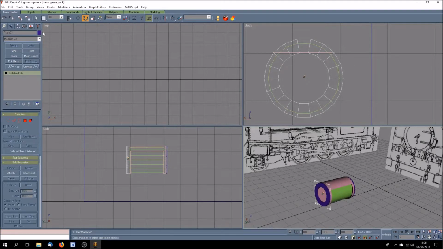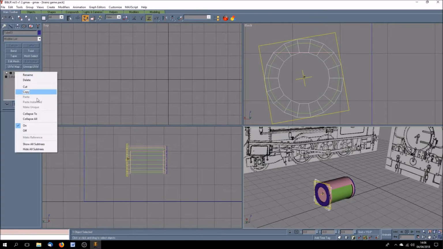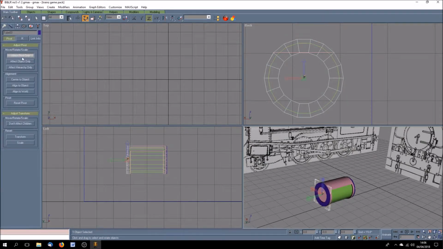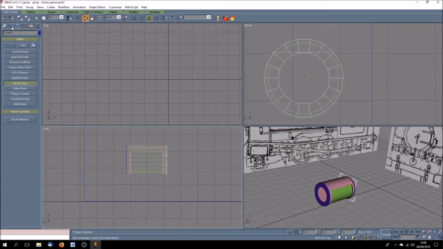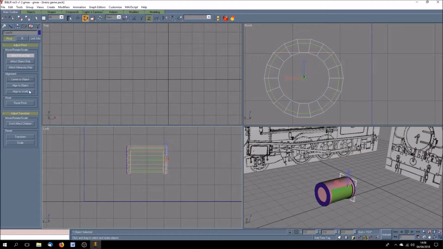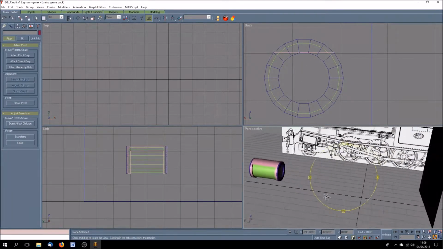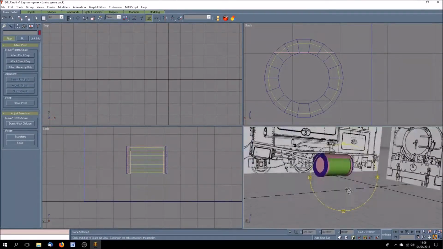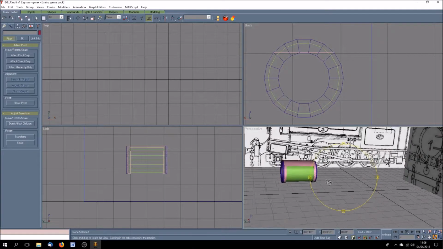Of course, what I must do straight away is XREF it, and I'll then collapse it again, and I shall use the old alignment and do the same on the other end. XREF, convert to poly, and center to object. There we are. So after all that faffing about, we've now got something that's beginning to look a bit like the cylinder. I know I've got to angle it up to get it in that position,